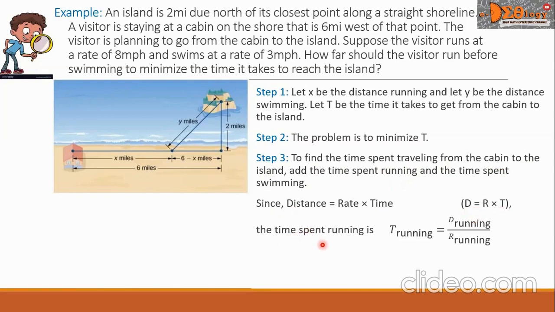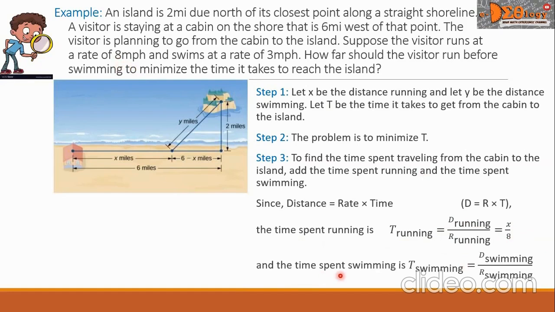We write here that the time spent running is capital T sub running equals D over R, D sub running over R sub running. So the value here is x over 8, where 8 miles per hour is given in the problem. While the time spent for swimming is capital T sub swimming equals D over R,